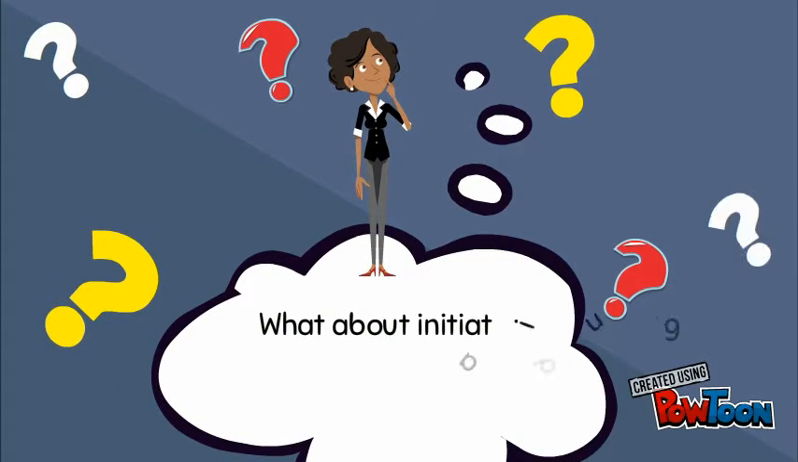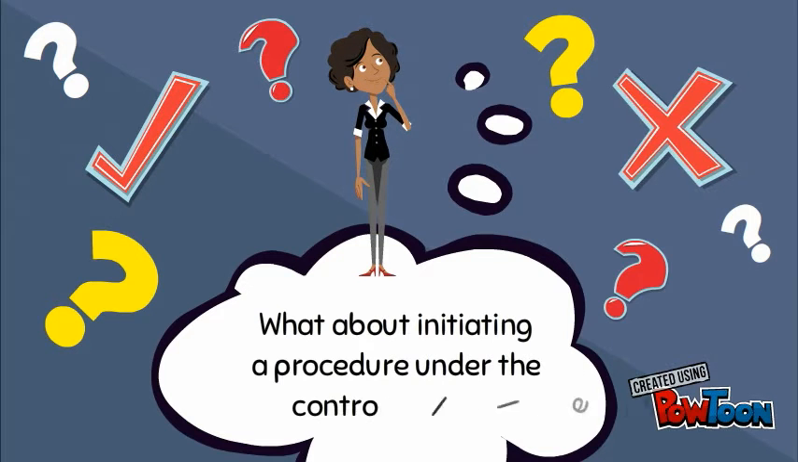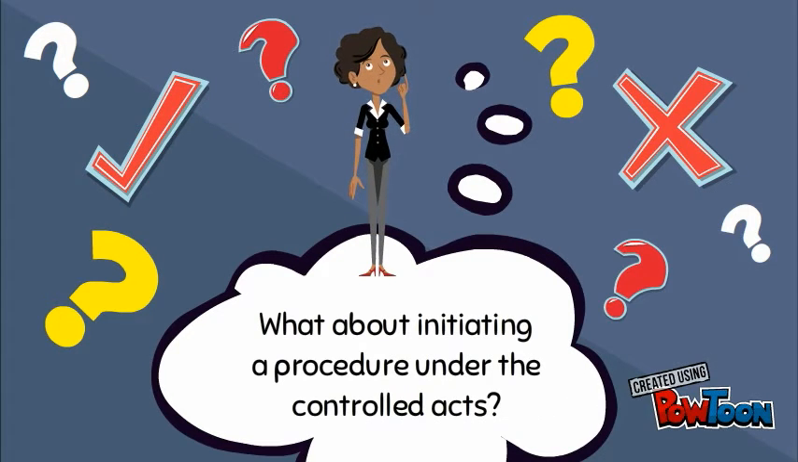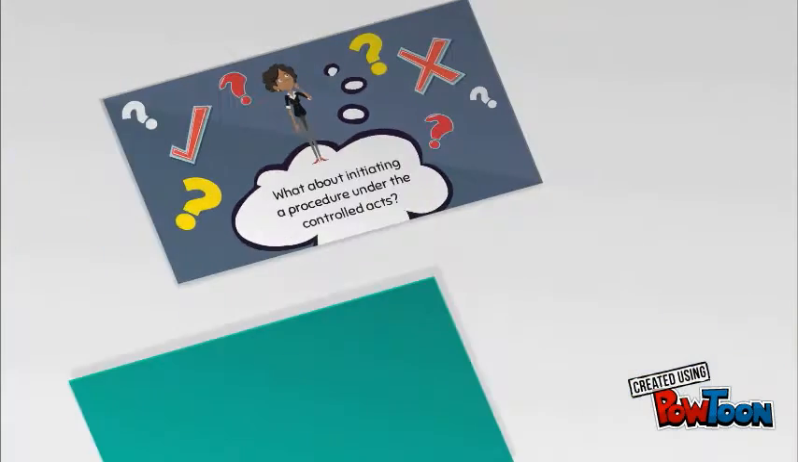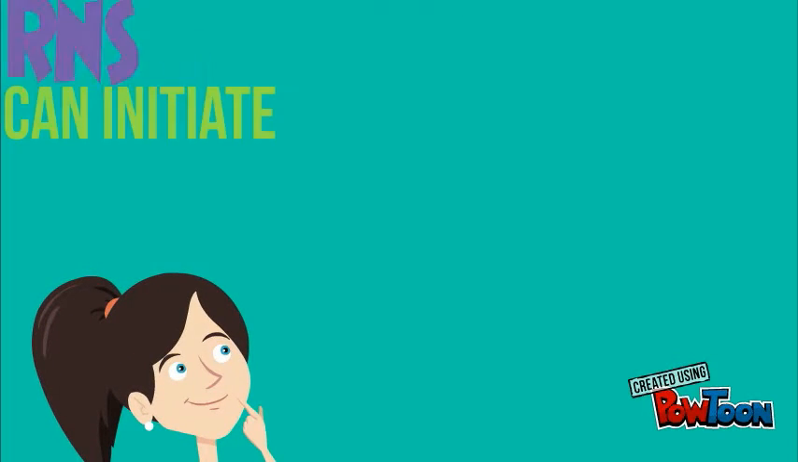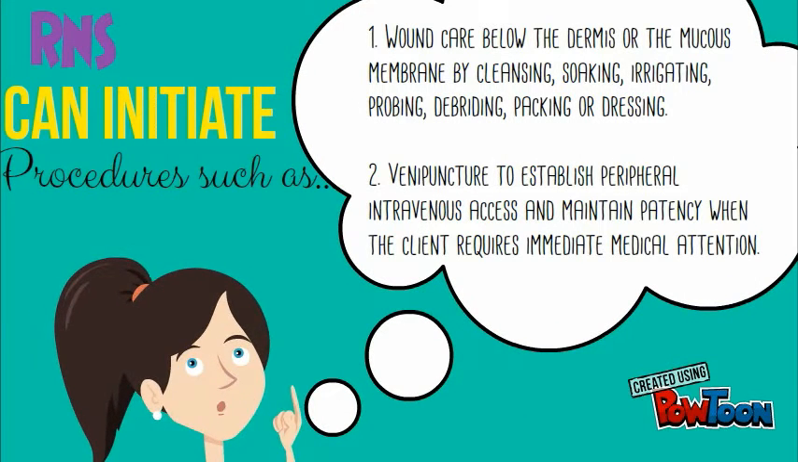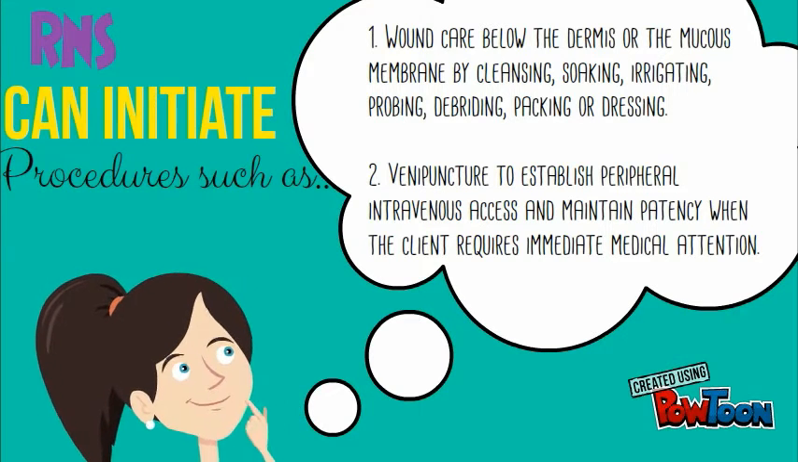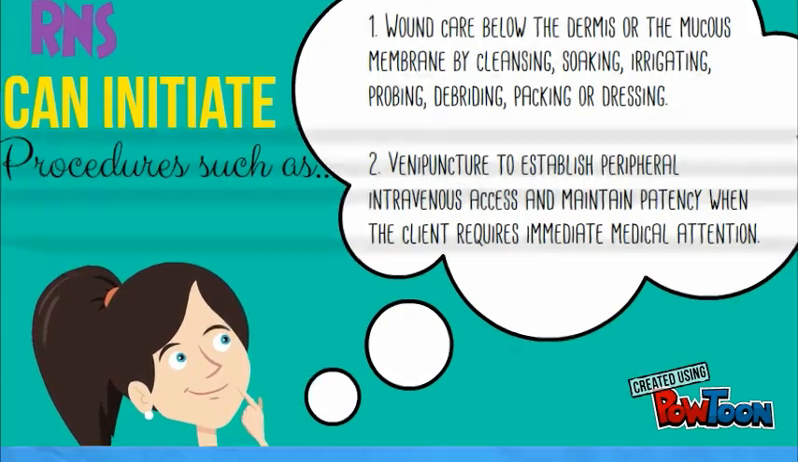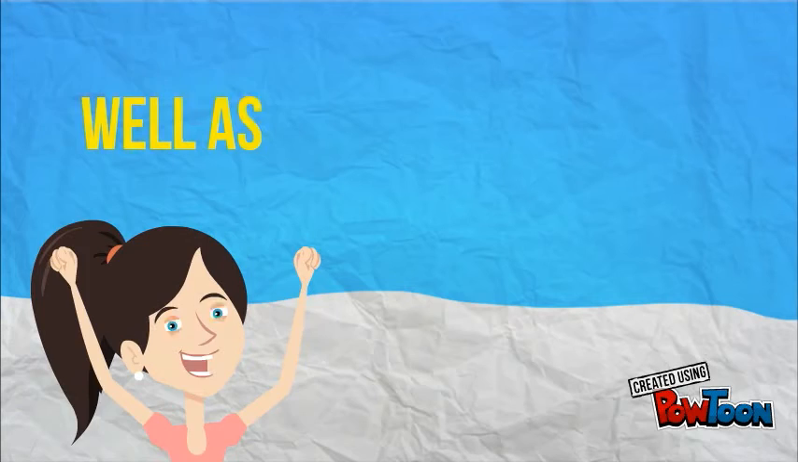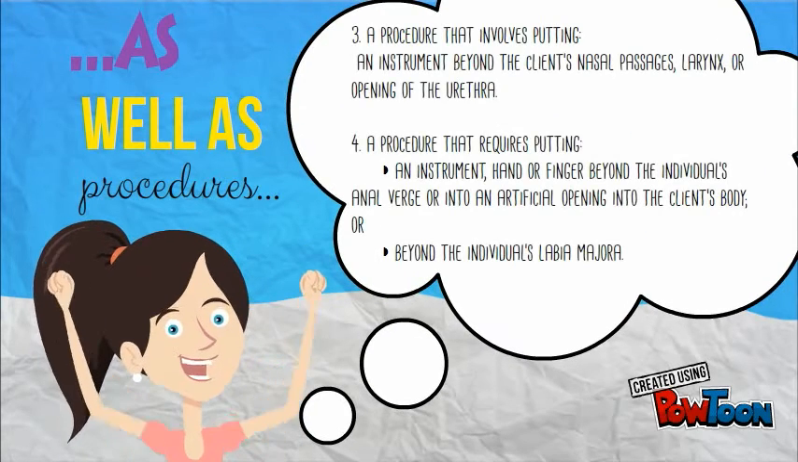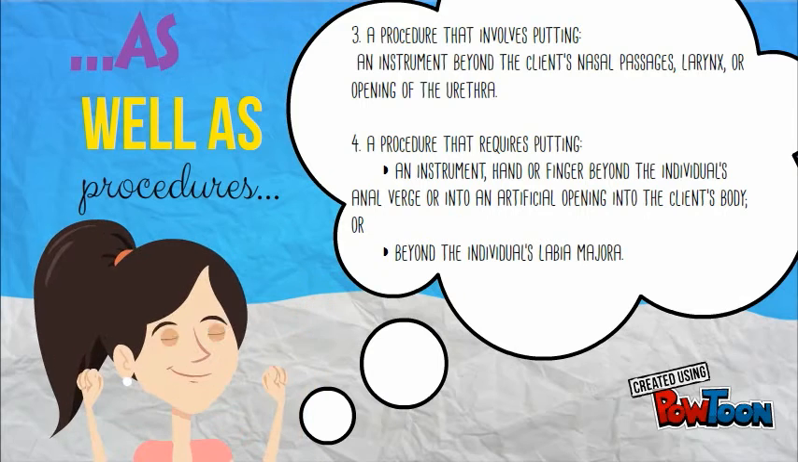So we know what can be done or is authorized to RNs and RPNs, but what about initiating a procedure under the controlled acts? RNs can initiate procedures such as wound care below the dermis or mucous membrane by cleansing, soaking, irrigating, probing, debriding, packing, or dressing, and venipuncture to establish peripheral intravenous access and maintain patency when the client requires immediate medical attention, as well as procedures that involve putting an instrument beyond the client's nasal passages, larynx, or opening of the urethra, as well as an instrument, hand or finger beyond the individual's anal verge into an artificial opening into the client's